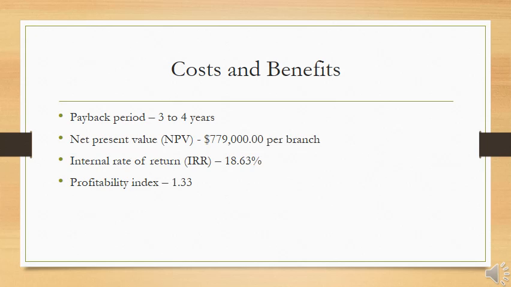Okay, now the exciting stuff, the financial data. Why do we want it? Well, I say that we're going to turn a profit of 780 grand per branch from this investment. So, if you draw your attention to your handouts at the moment, I'll just pull mine up. What we're looking at initially is an investment of 2.36 million per branch. And if you take a look at the first table at the top on the front page of your handout, we expect it will take between 3 and 4 years to pay back.